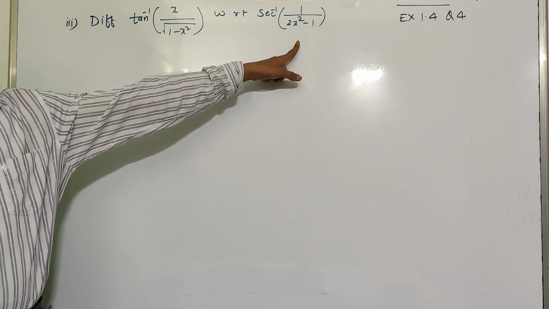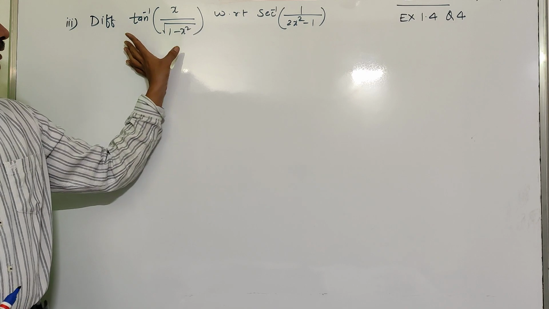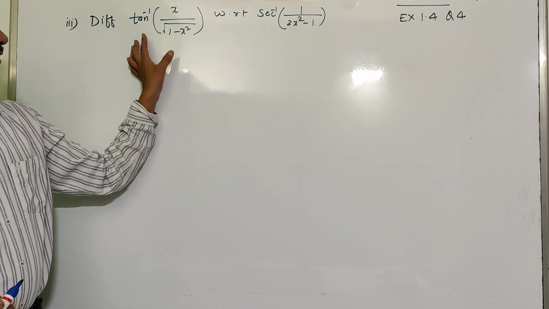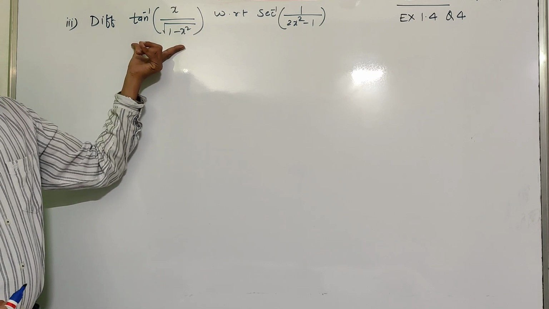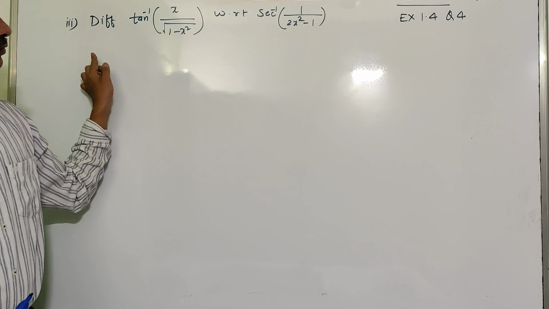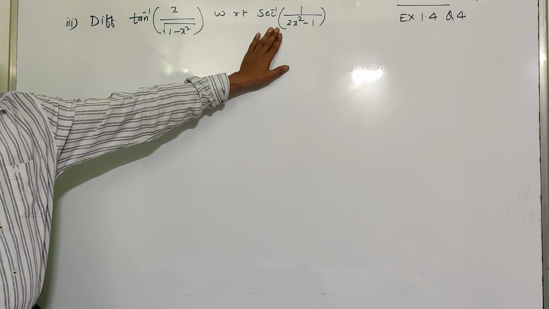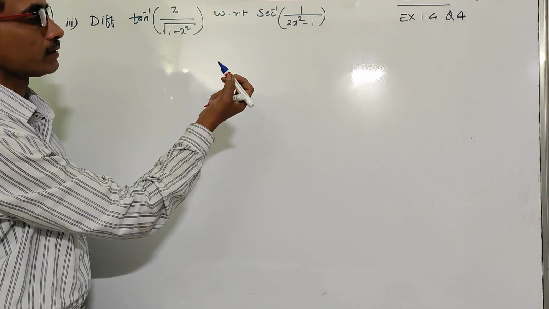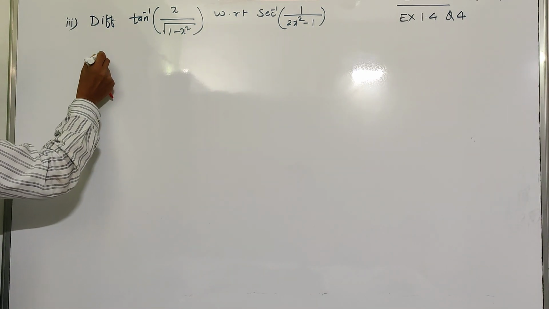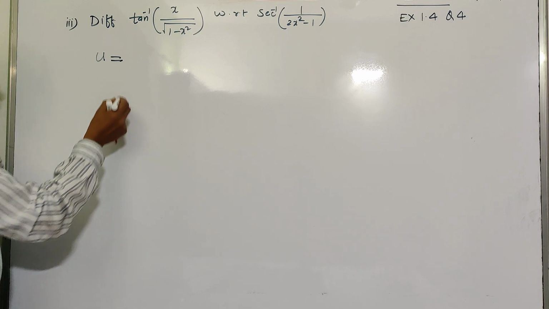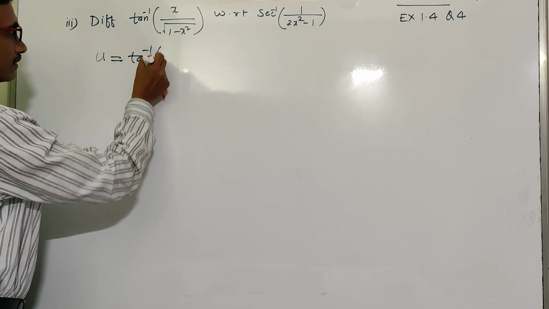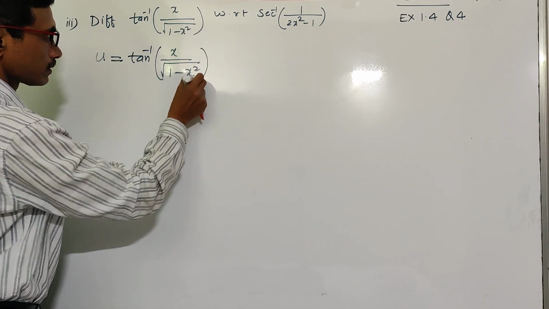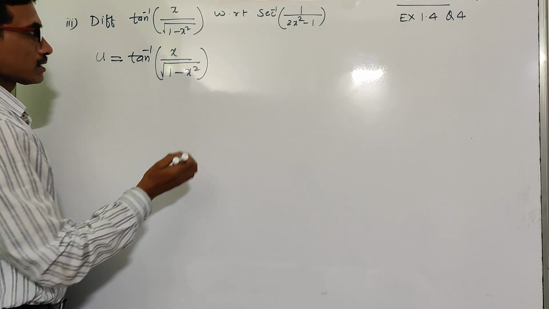See the third sub-question. Here differentiate one function with respect to another function. That means differentiation of this function with respect to this function. So how do we solve this? We choose the first function as u and the other function as v. That means we differentiate u with respect to v. So let us take the first function as u. u is equal to tan inverse of x upon root of 1 minus x square, and v is